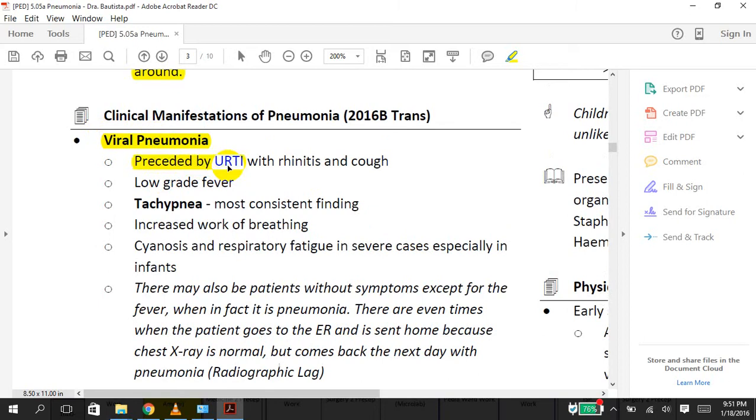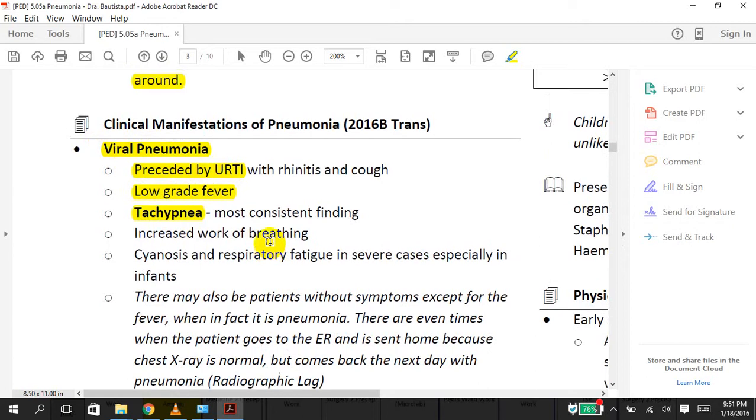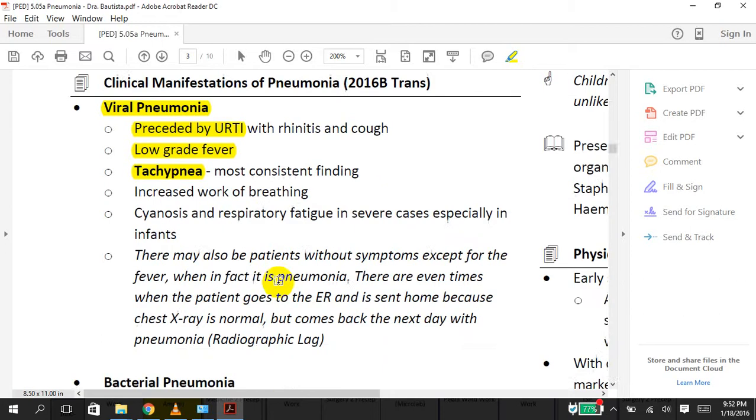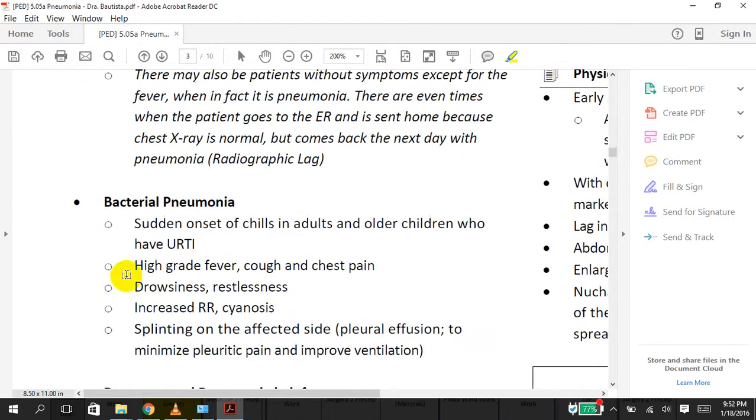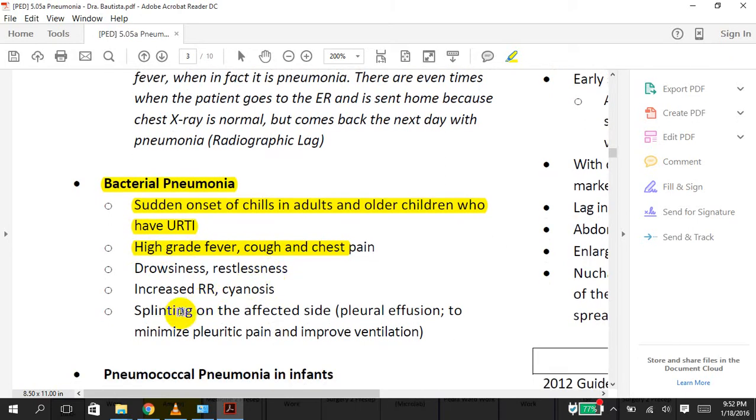tract infection, and then the fever is low grade, and the most consistent finding would be tachypnea. However, in some cases, you can hear crackles and wheezing, and usually it's bilateral. As for the bacterial pneumonia, it's acute onset of chills and older children who have upper respiratory tract infection. So they look sicker, they look more toxic than a patient who has viral pneumonia. So they will have high grade fever, and then